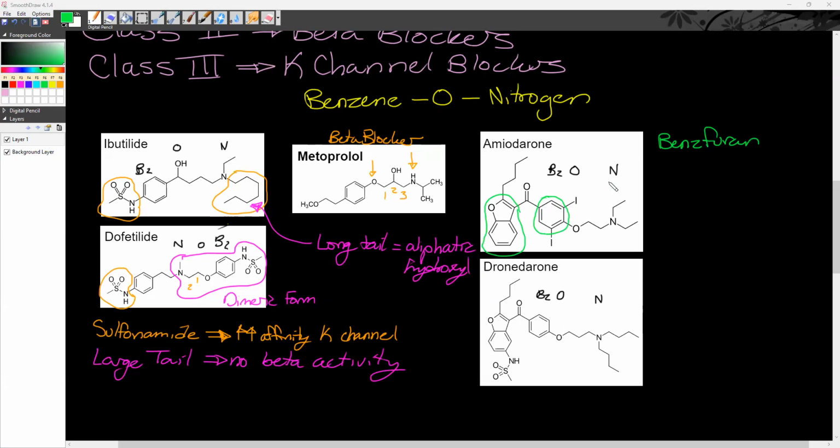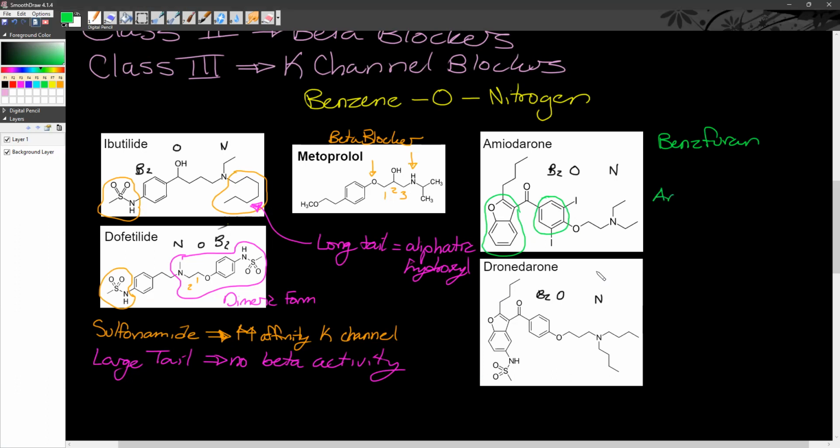Yes. Essentially, what's going on here in amiodarone is that we have the aromatic group of the benzofuran, and in between them is the ketone. So we have an aromatic group, a ketone,